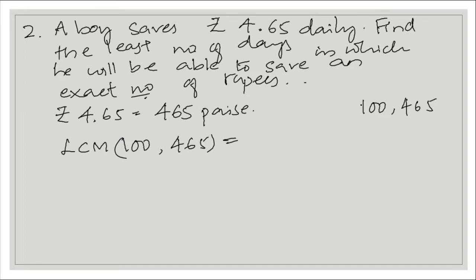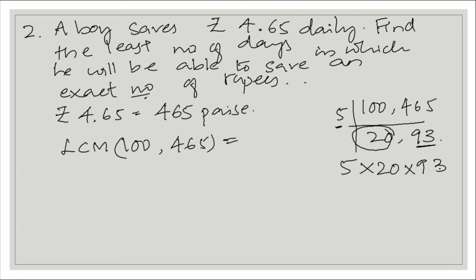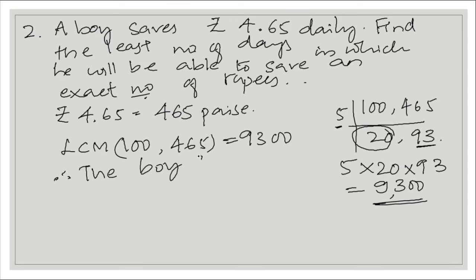100, 465. You have to keep dividing. If I follow a shortcut method, if I divide by the prime number 5, it is 20 times followed by 93 times. Here this 93 is a prime number, 5 is a prime number, so I can directly multiply this. 20. This is a shortcut method. So if I multiply the product 20 into 5 and 93, this will become the LCM. So 9300 will be the LCM. Therefore, the boy saves